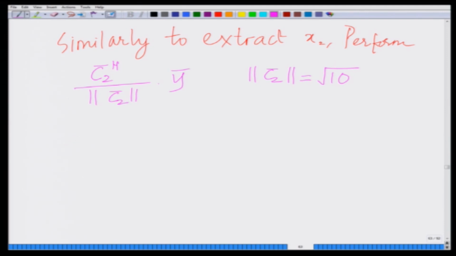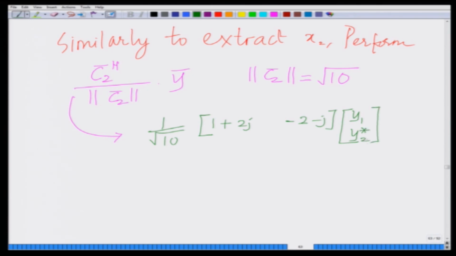Therefore, to extract x2, I perform 1 over square root of 10 C2 bar Hermitian, that is 1 plus 2j, minus 2 minus j, times y bar, which is y1